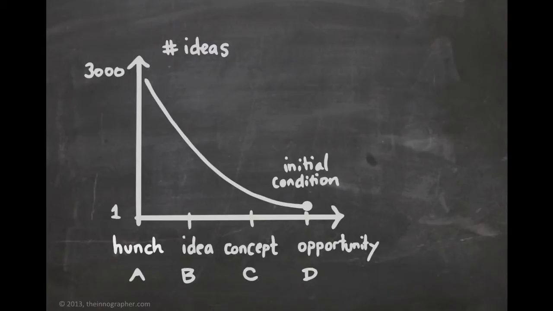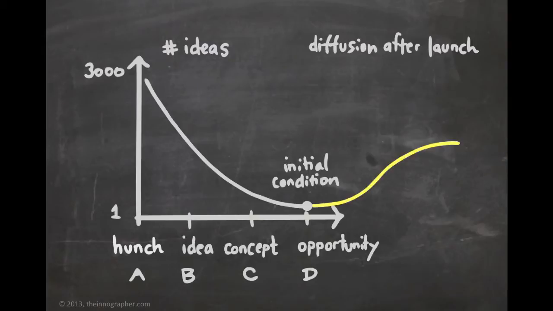We move from hunches to ideas, ideas to concepts, and concepts to opportunities, given the labeling that I've got on the screen here. And we have some initial condition that we go out the door with. And then we have classic diffusion or adoption of innovation, where we hope that there's some adoption that takes place